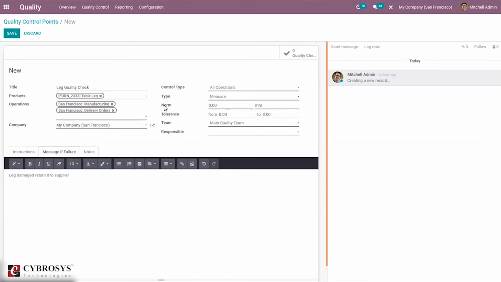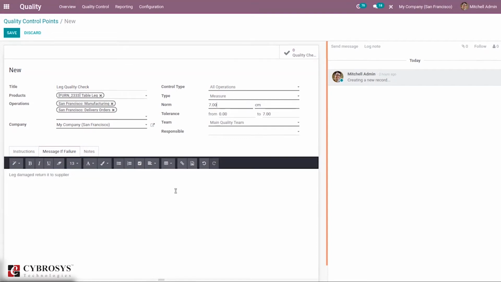So here we can set a norm for your product's measurement, normal measurement. Setting it as 7 centimeter, and then we can set a tolerance threshold also. For this also we can set a message if failure.